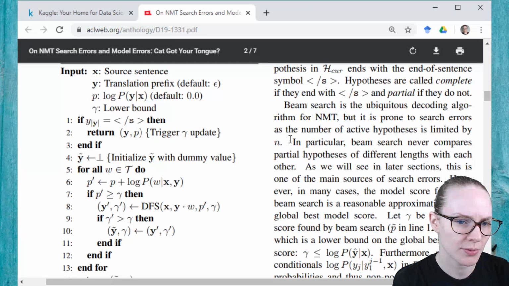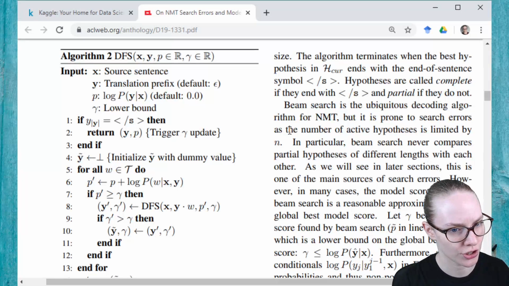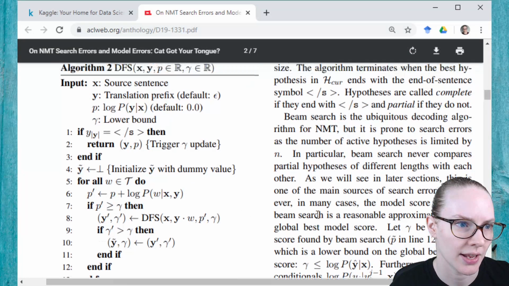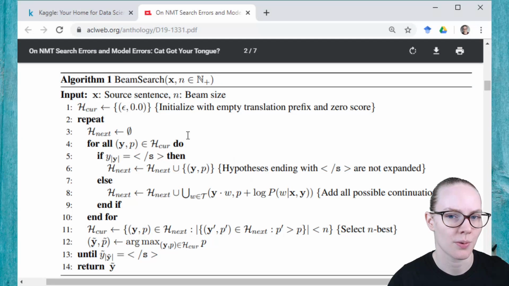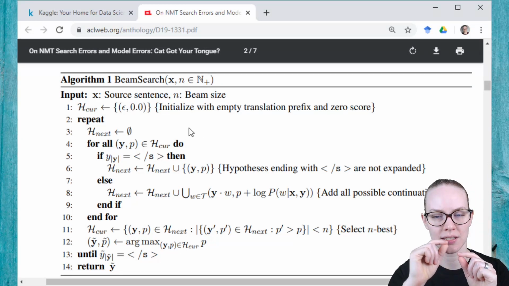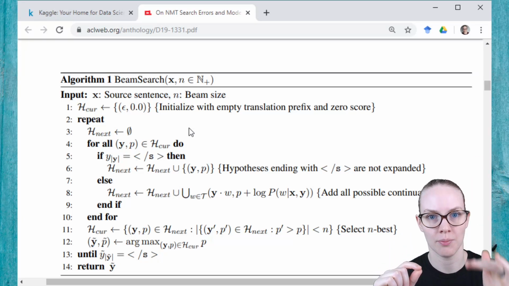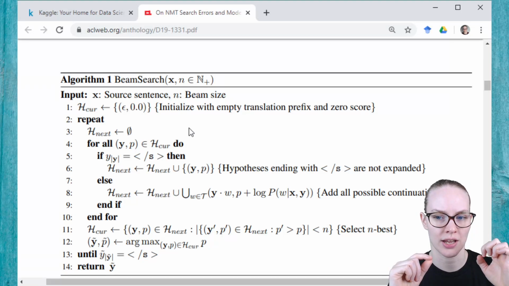In particular, beam search never compares partial hypotheses of different lengths with each other. As we will see in later sections, this is one of the main sources of search errors. So, partial hypotheses of different lengths. Okay. That makes sense because what we're doing in each round is everything that's not ending in end of sentence, we add one token. We add a bunch of different possibilities for the next token. So you can't do it such that you have,